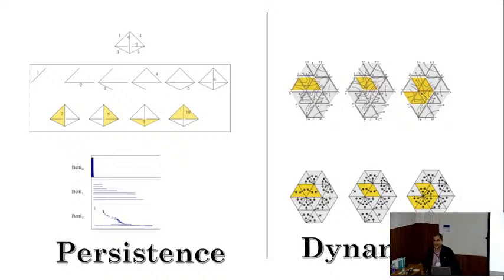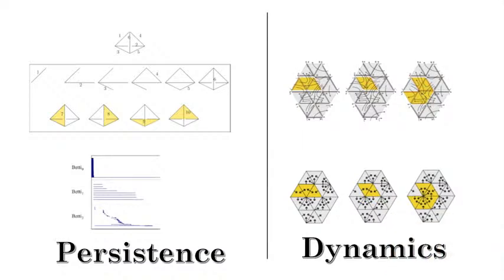And the other field is dynamical systems, which have been around for a long time. So between the two, I try to make a connection, and I believe there is a much stronger connection, and this connection makes us, the computer scientists, much more relevant because this lets us compute efficiently something in the dynamical